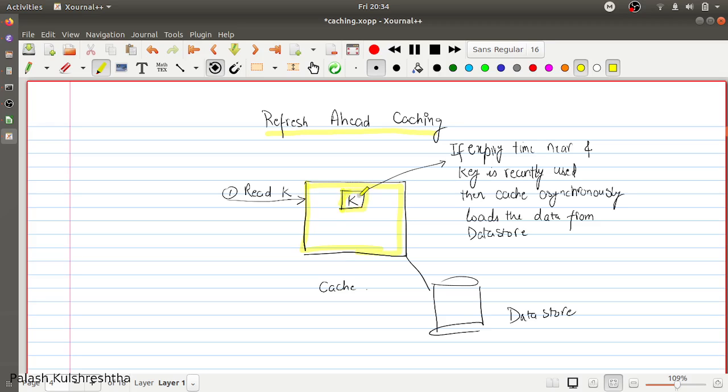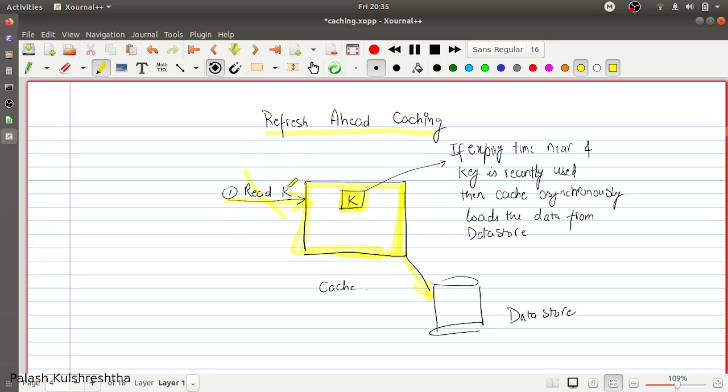caching system keeps an intelligent eye on the keys that are expiring. So, for example, this key K is expiring in the next 90 seconds, then caching system takes an intelligent call whether it wants to refresh this key from the database even when there is no request to the server.